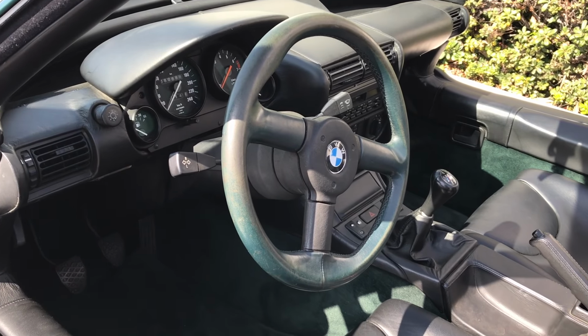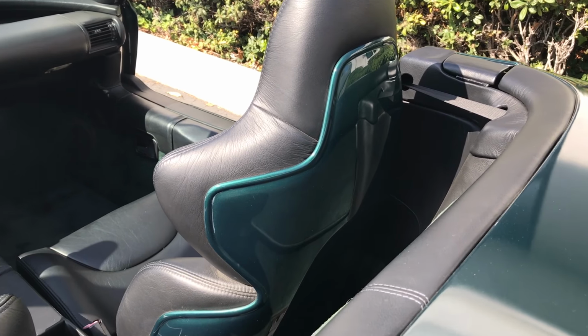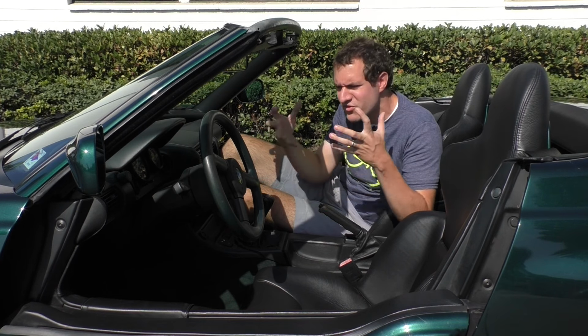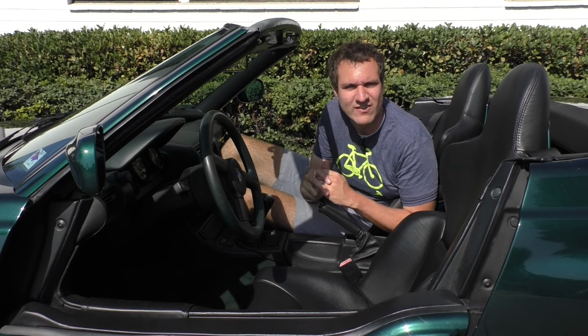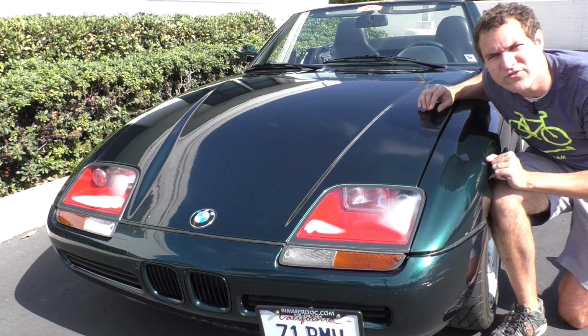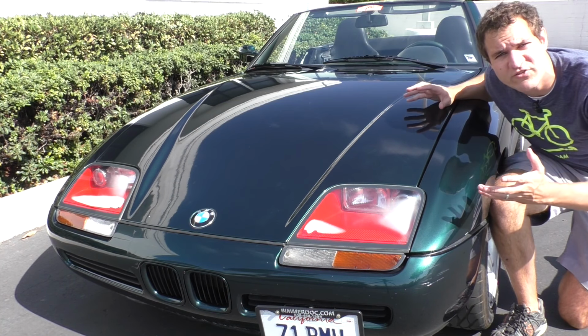The steering wheel is green, the carpeting is green, the backs of the seats are green, even the trunk carpeting is green. It seems strange to me that a car that was designed so that you could swap its colors would have such an interior that is devoted to the color it came with initially. Another interesting thing about the color swapping is that this particular Z1 does display one example of its color changing